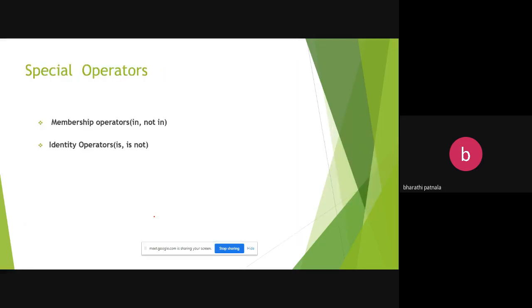Next, finally, special operators. Special operators are used as membership operators. Membership operators check whether a particular item is in a particular list or not.